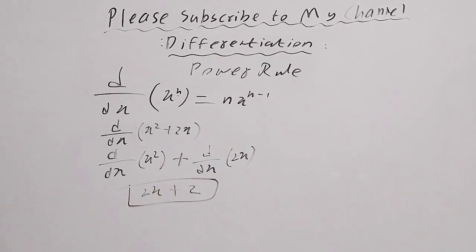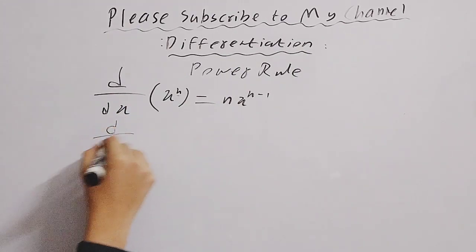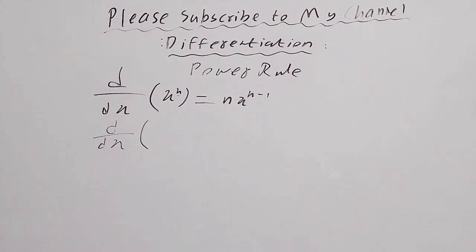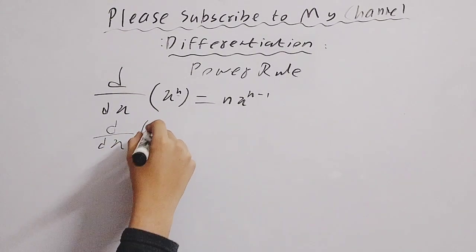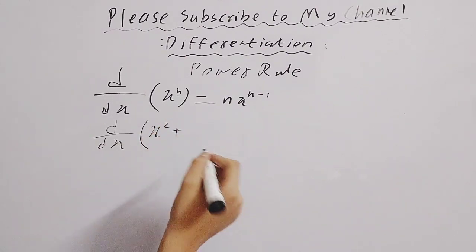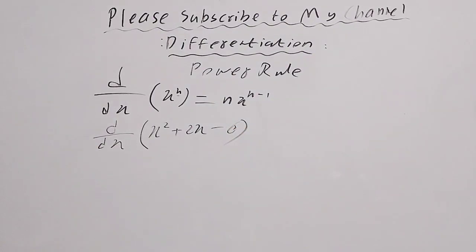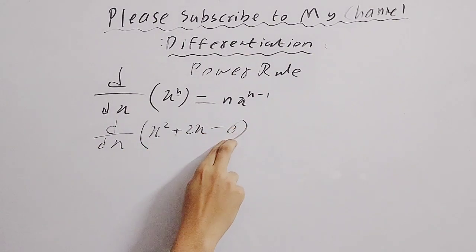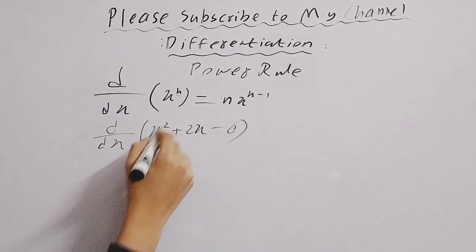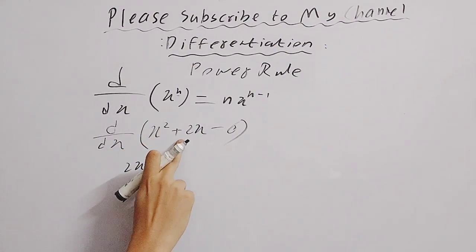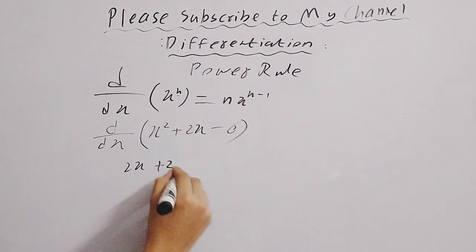And that's your derivative. Now, if you have a function like, if I say that this is a quadratic function, so it will be x squared plus just 2x minus 6. And that's your function. How can you differentiate it? First differentiate this, and then this. Now the differentiation of this will be 2x, and differentiation of this will be just 2, as I have told you